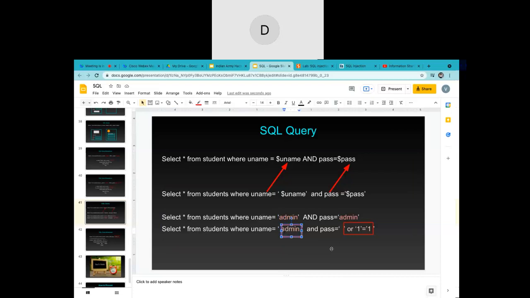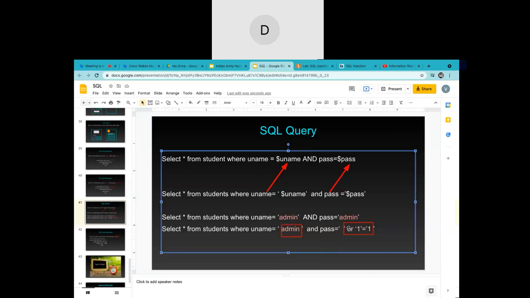At the place of password, instead of putting any password, I am putting single quote or single quote 1 equals single quote 1. I am not putting the first single quote and the last single quote. Why? Because I am assuming that these are already present, added by the developer.